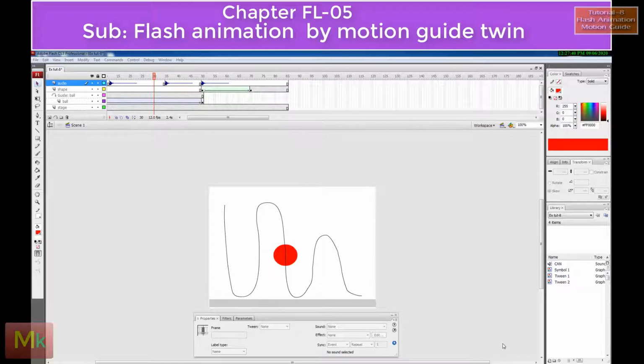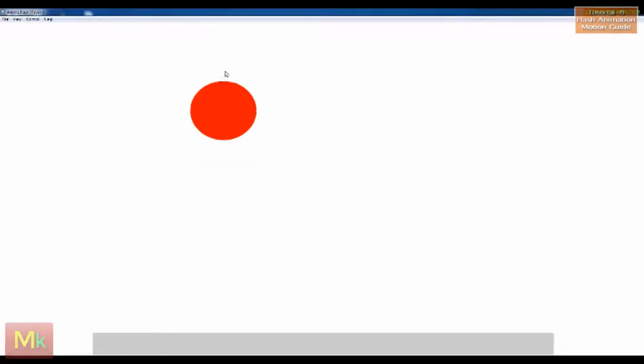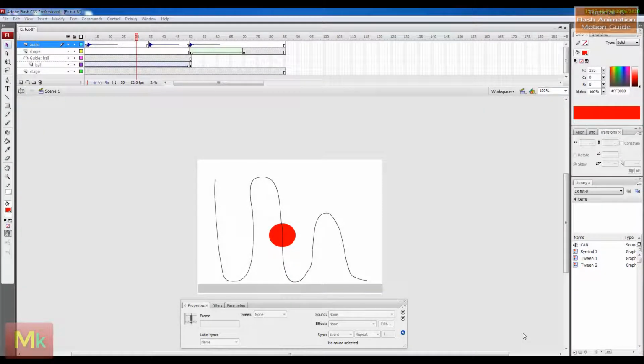First, to view the output movie of Motion Guide Tween. It displays the motion of a ball in a selected drawn path by Motion Guide Tween, and then the shape of the ball is transformed to the shape of a triangle by Shape Tween. Hence, it is an exercise in which both Motion Guide Tween as well as Shape Tween happen concurrently.